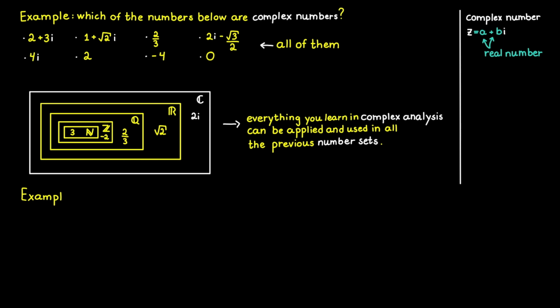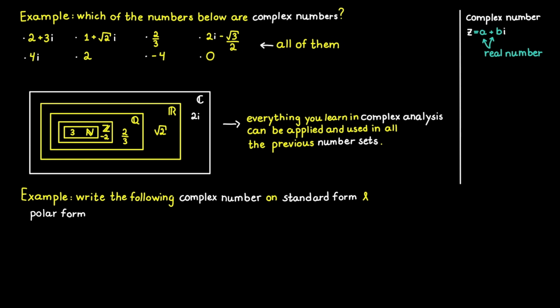In our next example, I would like you to write the following complex number on standard form and on polar form. And I would also like you to determine the absolute value for the complex number and also its complex conjugate. And the complex number in question is going to be c is equal to